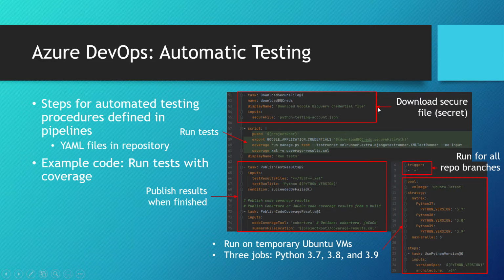The next section here downloads a secure file, which is an example of what's called a secret. That is, any piece of information or file that is not public and should not be kept with the source code, that is, passwords or API keys. Next, we have the section that runs the tests themselves. And lastly, we publish the results once the tests have finished